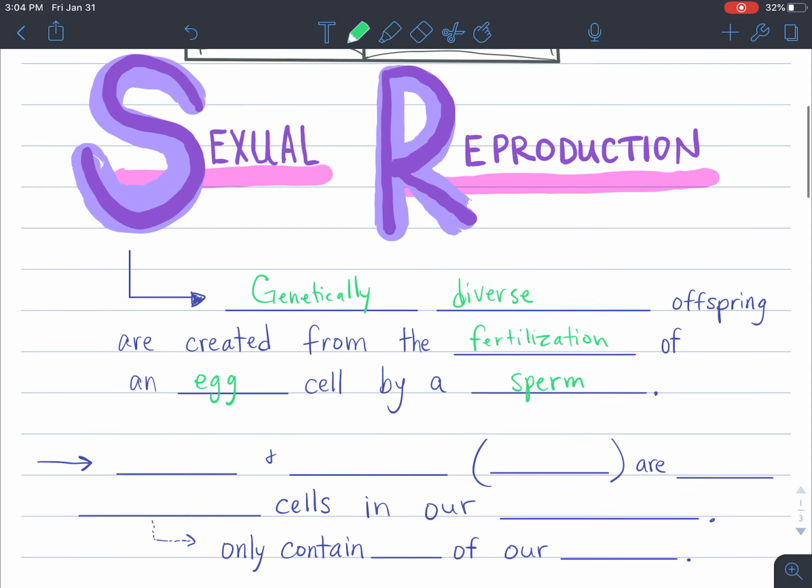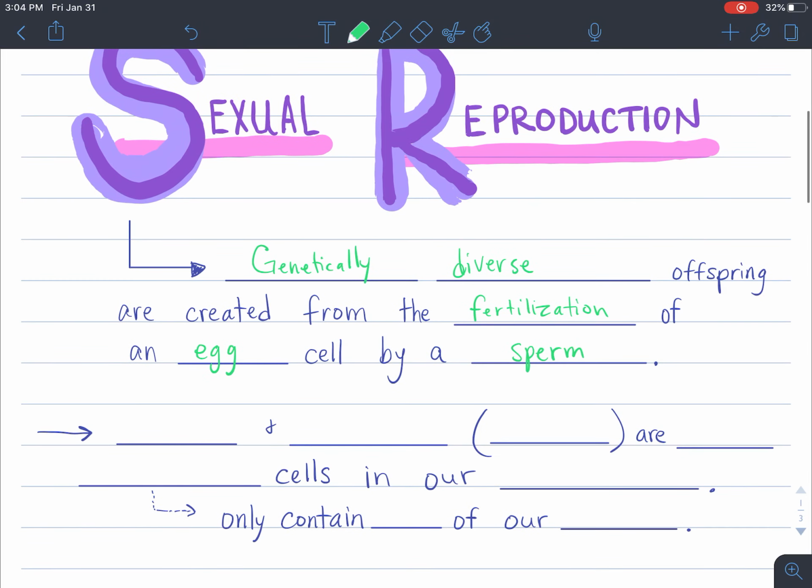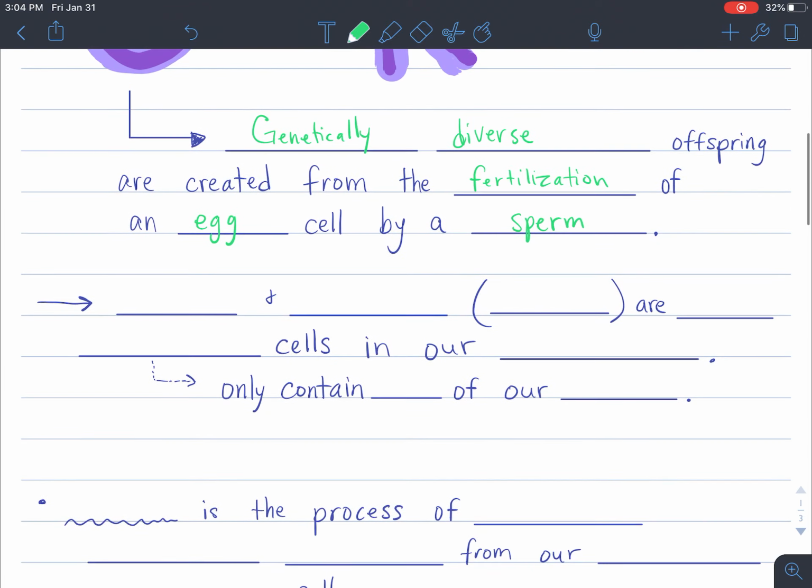And remember, egg and sperm are those gamete cells. The sperm has half the DNA, and the egg has half the DNA, and half plus half equals a whole. So you can make a whole organism if you have each of those two cells. So the egg and sperm, also known as the gametes. Didn't want to give it away so quick there, but gametes, egg and sperm, are the only